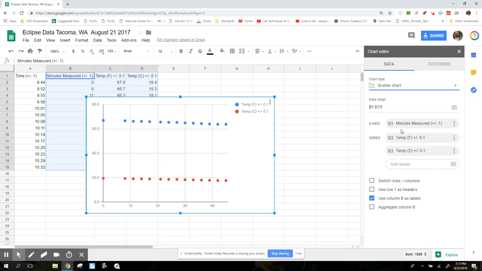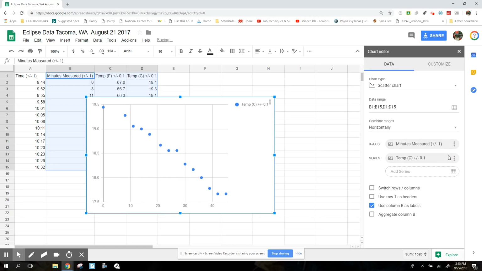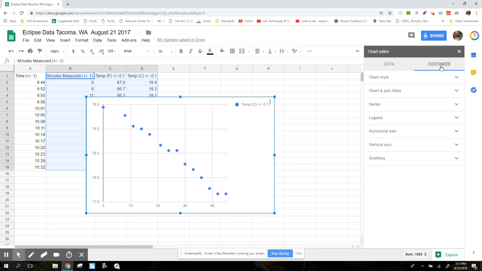and I notice here that I have on my x-axis temperature measured, and in my y-axis I actually have two of them. I have the Fahrenheit temperature and the Celsius temperature. Since I really don't care about the Fahrenheit one, I can click on that and remove, and notice that now I'm just left with minutes measured versus temperature. Since I'm right here right now, I can go ahead and go to Customize, and I can start adding some